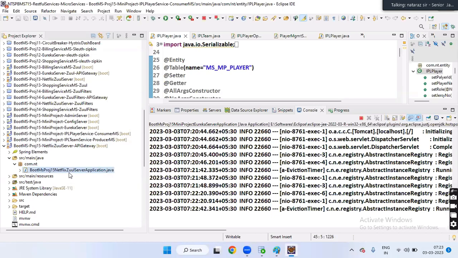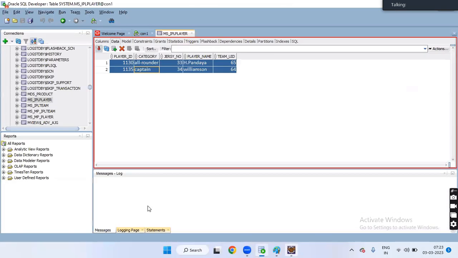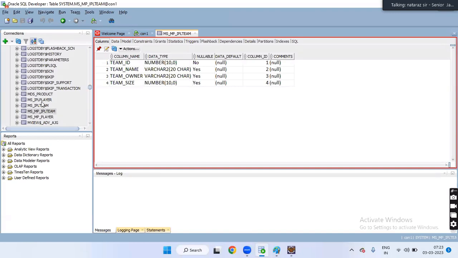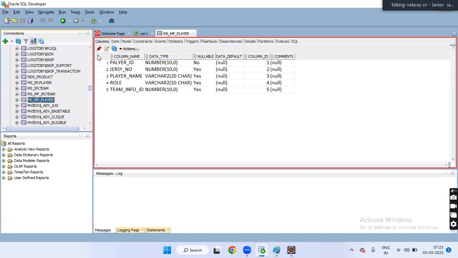What is our table, guys? Player. MS underscore IPL player, this is not ours, no? This is not ours. Okay. MS underscore MP underscore player, right? This is the one.